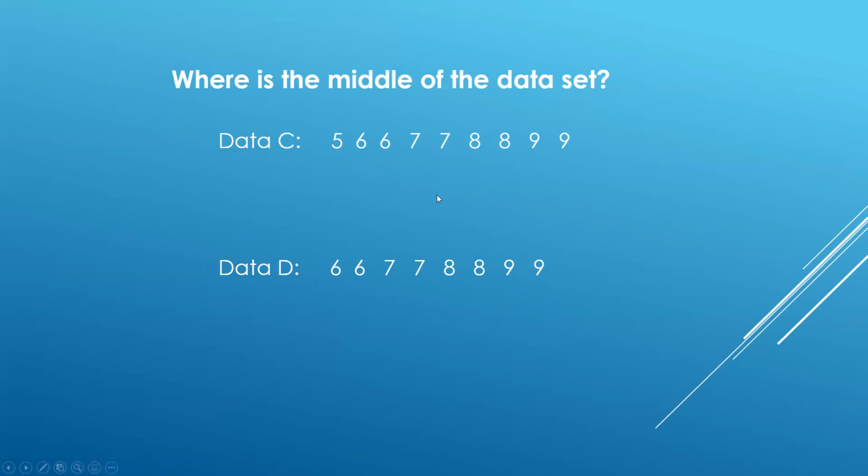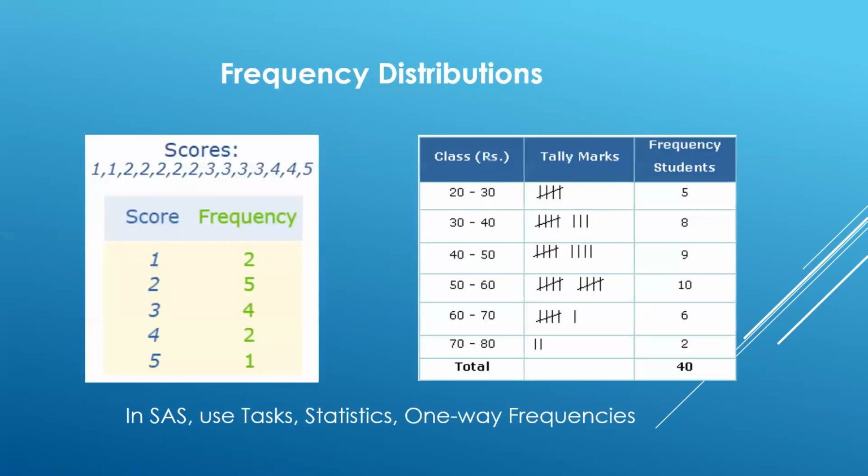And we can do this all day long, right? 1, 2, 3, 4, 5, 6, 7, 8, 9. So with 9, again, we got to go 1, 2, 3, 4, 5, right? So it doesn't matter what's going on. The middle is always the middle, whether it's even or odd. If it's even, it falls in between 2. If it's odd, it lands on something.